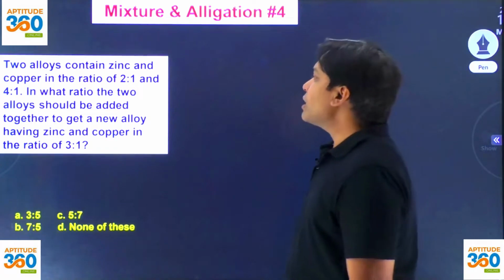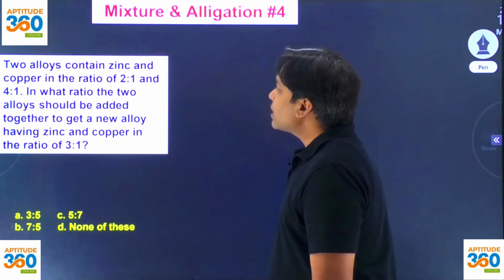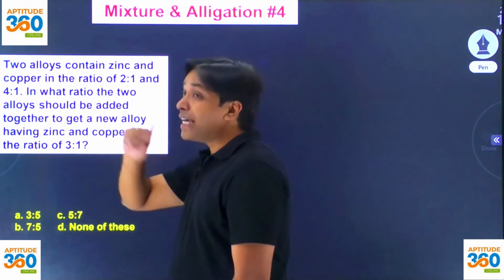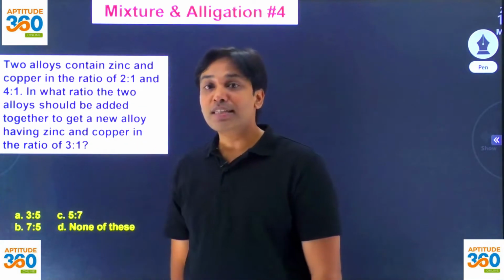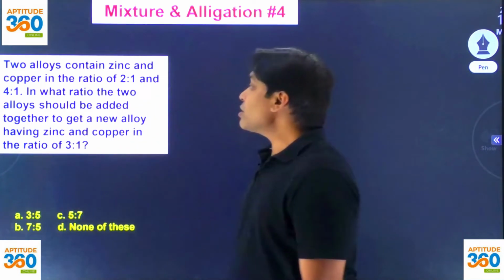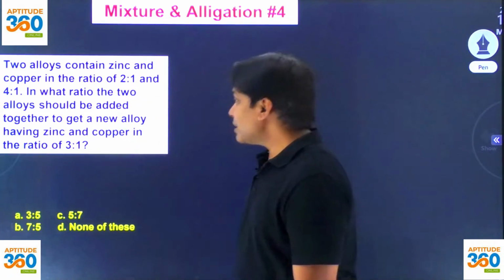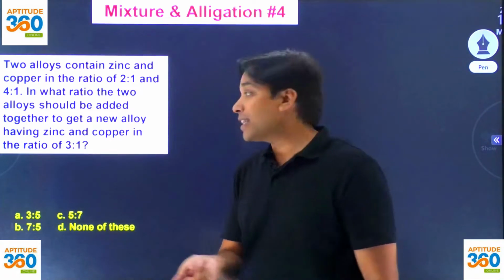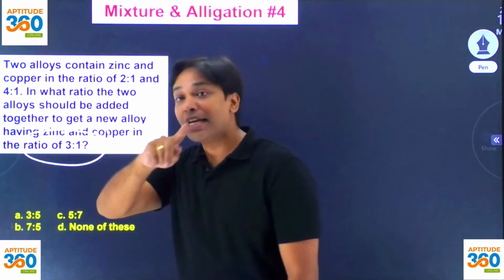It says that two alloys contain zinc and copper in the ratio of 2:1 and 4:1. In what ratio should these two alloys be mixed? Now this is variety 2, isn't it? In what ratio should these two alloys be added together to get a new alloy? And now in this new alloy, they will be telling you what is going to be the ratio of zinc